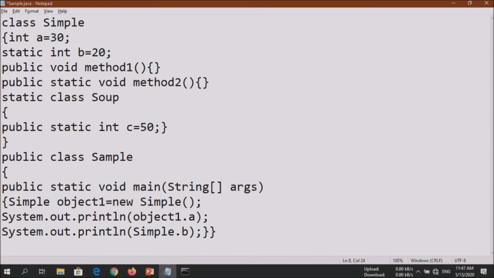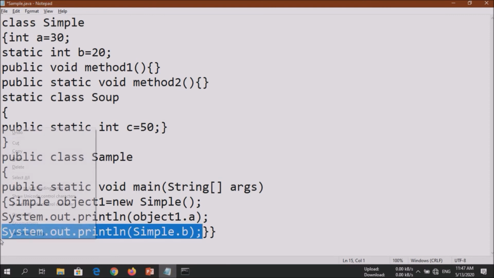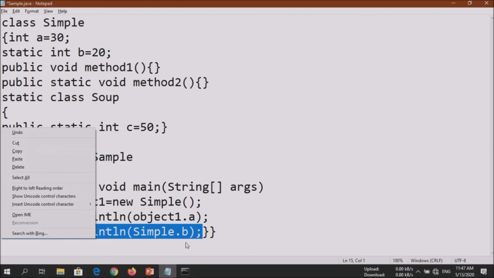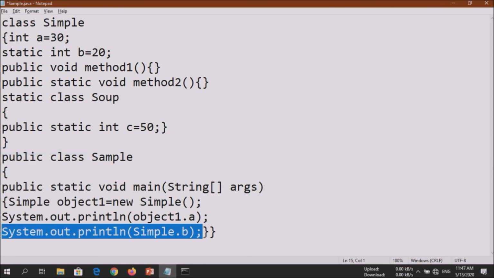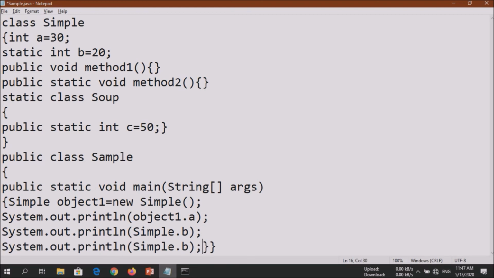So now to access a static inner class variable, what we have to do?